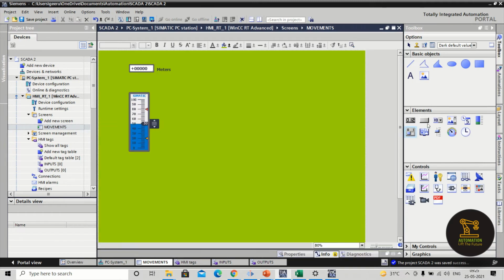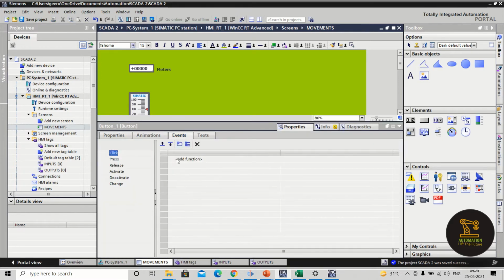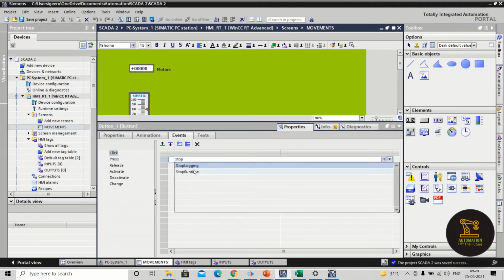So create one more button to close the runtime window. So it will be very easy for us to close the window every time instead of navigating like this. Directly go for stop runtime.